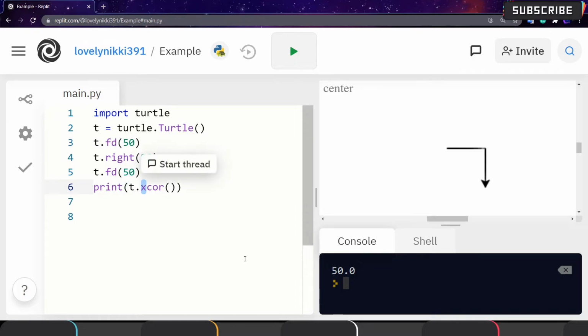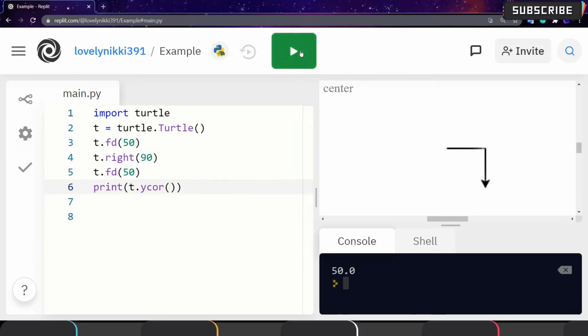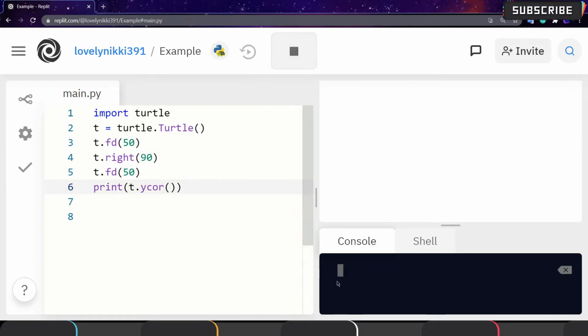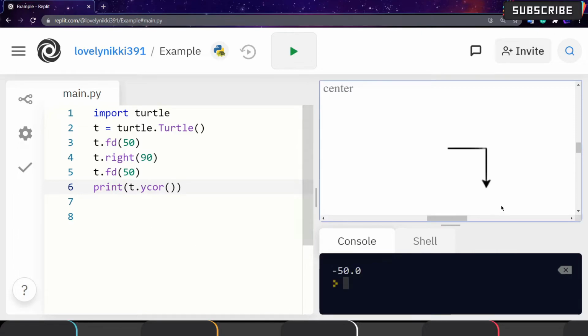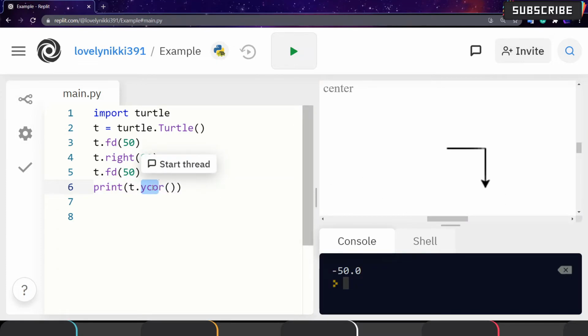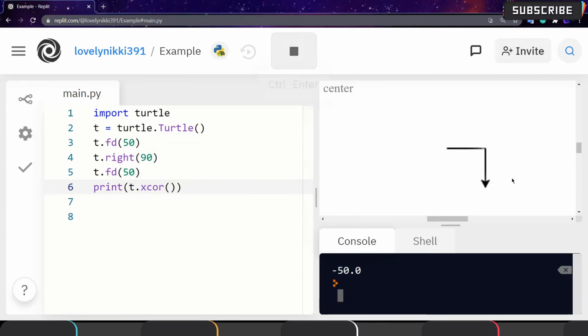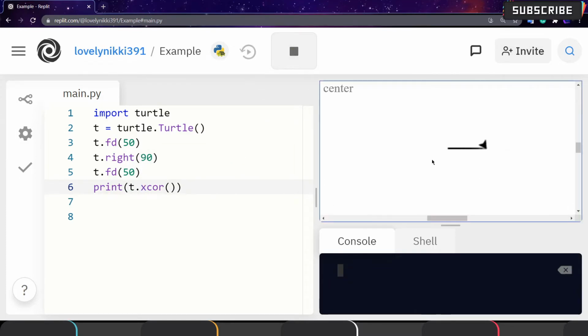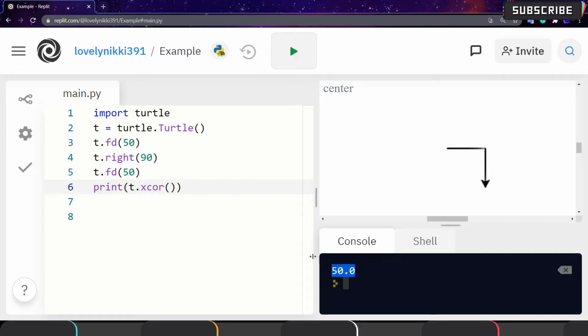Suppose if you want the y coordinate, you can directly use t.ycor(). It is minus 50, because it is in the downward direction, and in the downward direction y will be minus, right? So it is saying that the y coordinate is minus 50 and the x coordinate is 50. Because it is moving to the right side, the x value on the right side will be positive, so it is giving 50 as the coordinate.